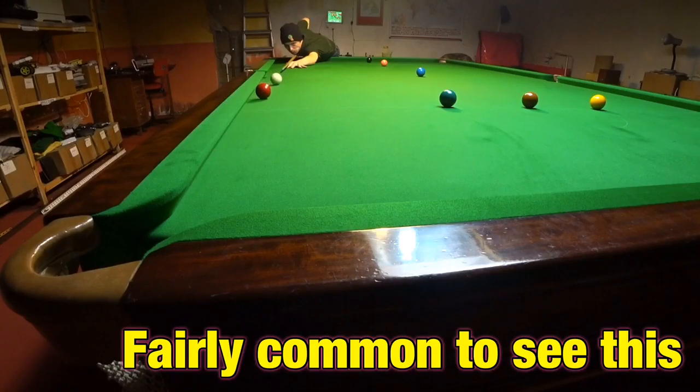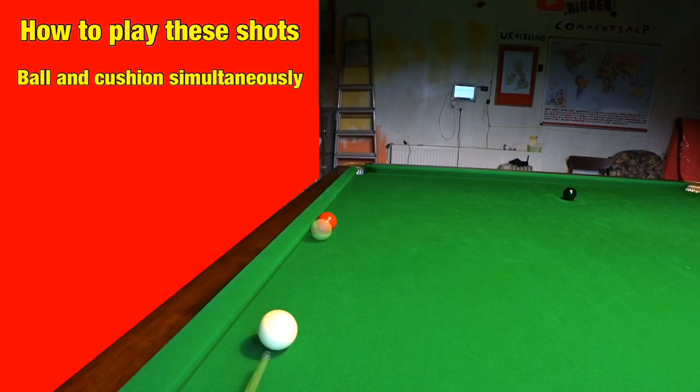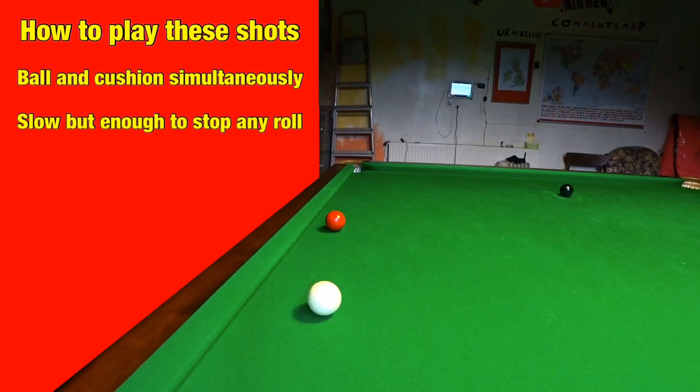And on a lot of club tables, the ball will actually pull away from every cushion. So what's the best way of playing these shots? Well, when the ball you're playing is tight on the cushion, you want to be playing the cue ball to strike the cushion and ball at exactly the same time. Still play these shots slowly, but easily with enough pace so they don't have a chance to roll away from